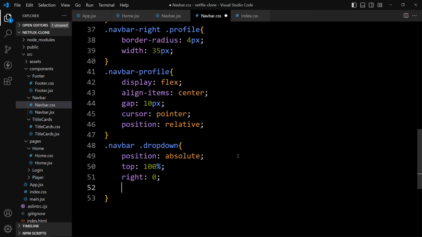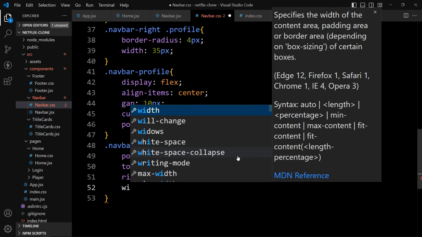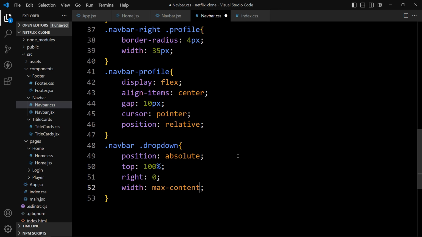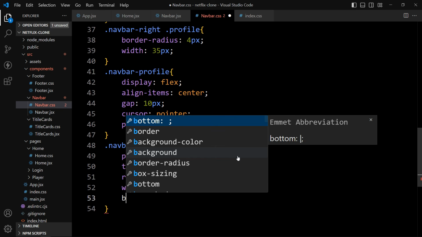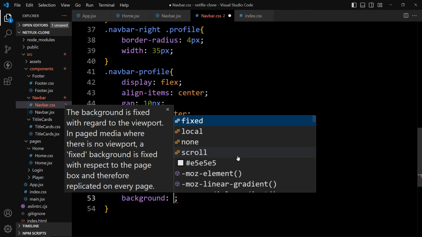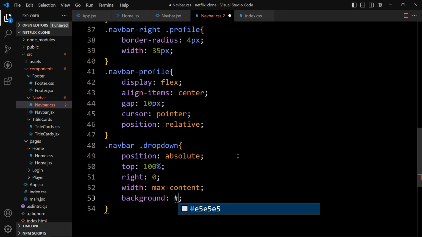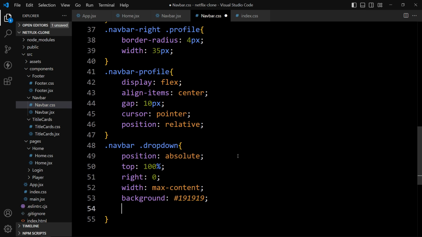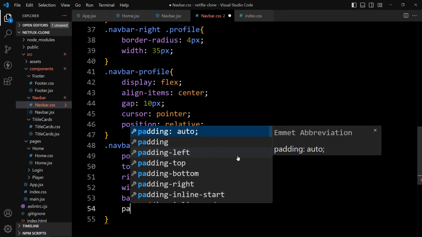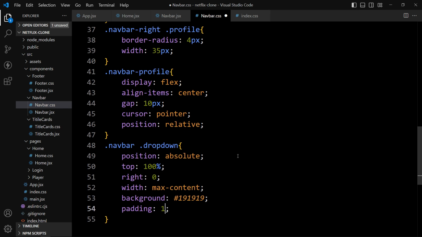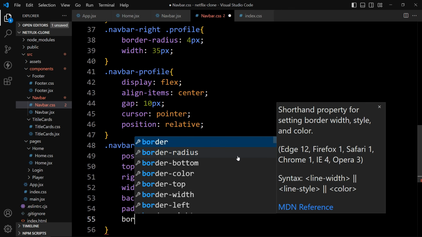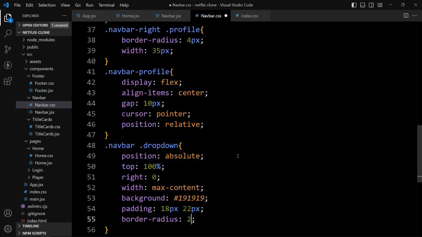And after that we'll add the width. So the width will be max content. Then we'll add the background, and in the background we'll add this color code. Then we'll add the padding. Then we'll change the border radius.